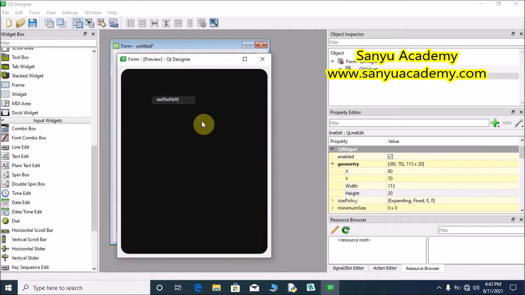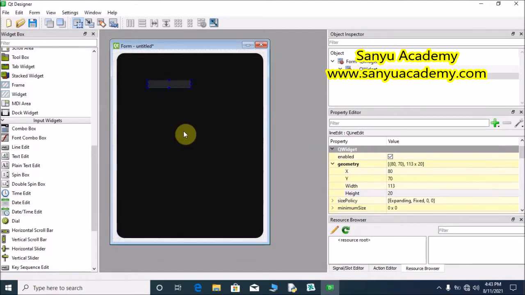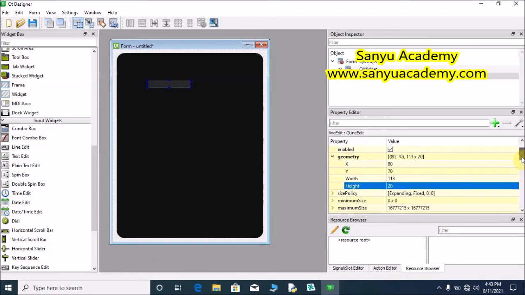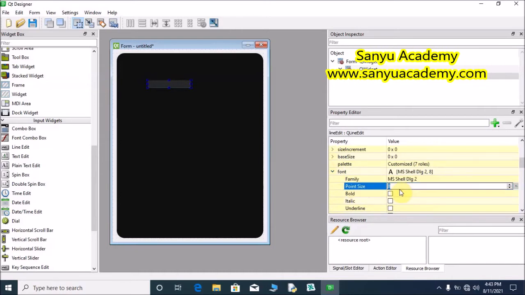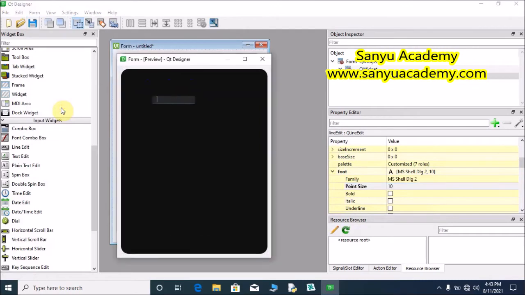Now we can see some space in the bottom. Now I am going to change the text size. The text is very small, so go to the font option and select the point size, make it 10, enter. Now we will check the output, form, preview.